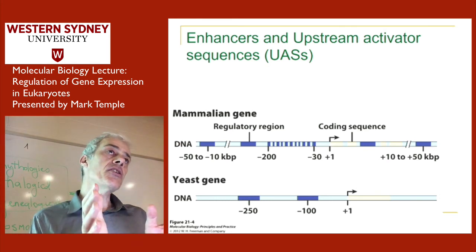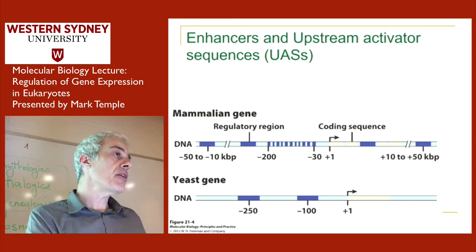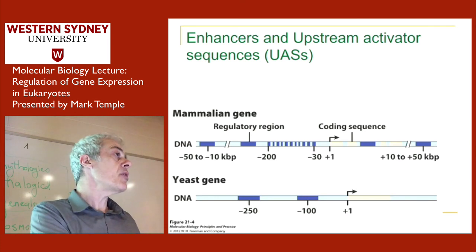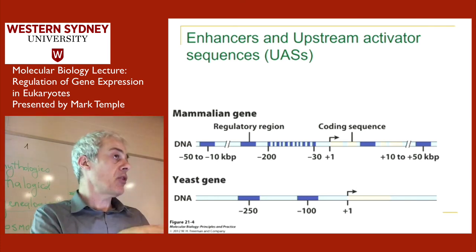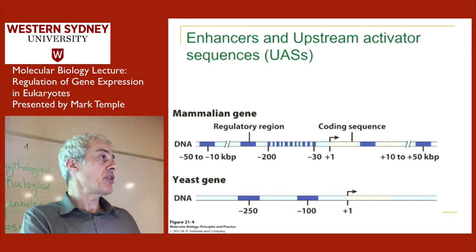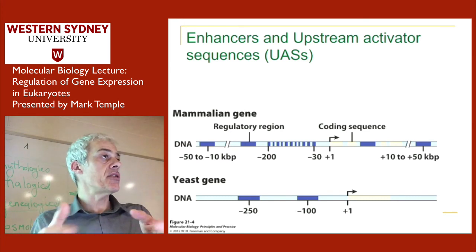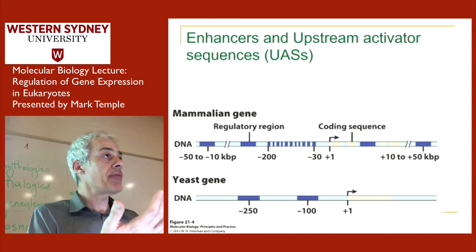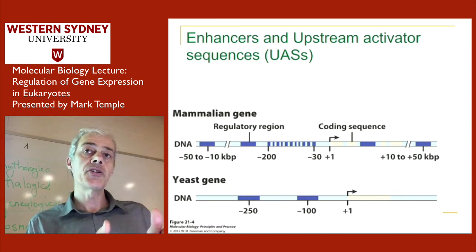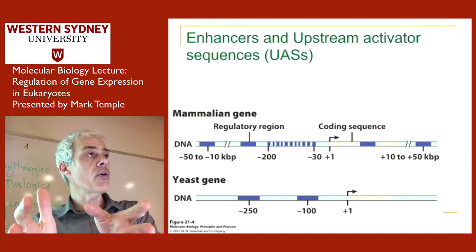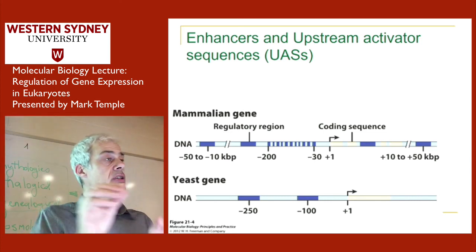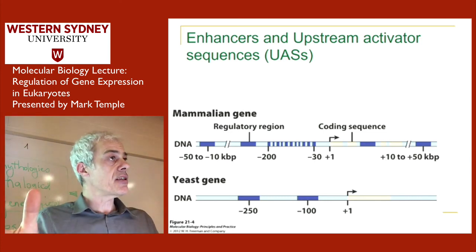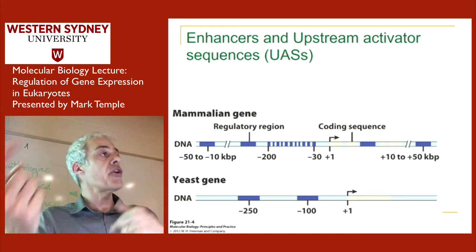The globin genes: you have embryonic globin genes that are expressed during the embryo, infant globin genes that are expressed during childhood, and adult globin genes. So your hemoglobin is coded by different genes that are expressed developmentally at different times. Some of them are off and some of them are on at different stages of development. So it's a good model cluster of genes to study what's turning them on and off.